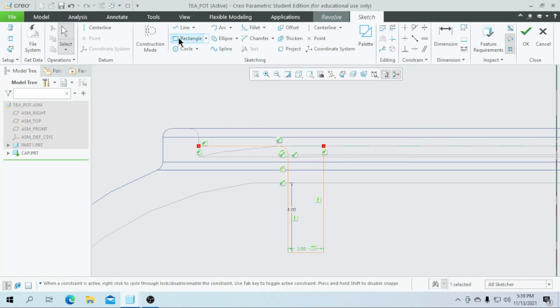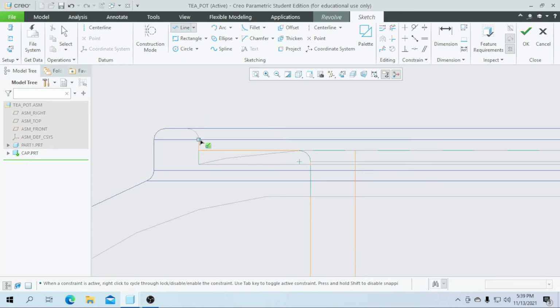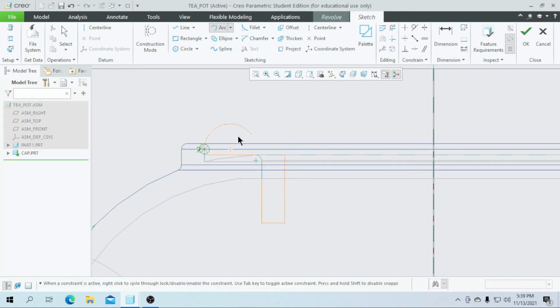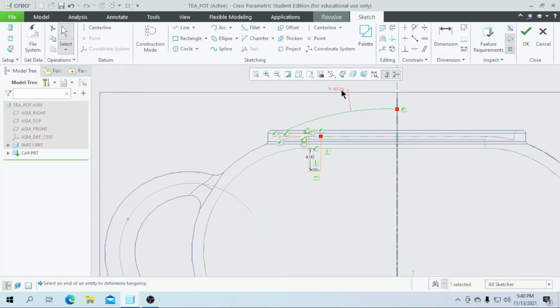Before that I am going to draw a line from here to this line and then go for the arc. Select this as a 3-point tangent end from here to here like this and enter this radius to be a value of 30.